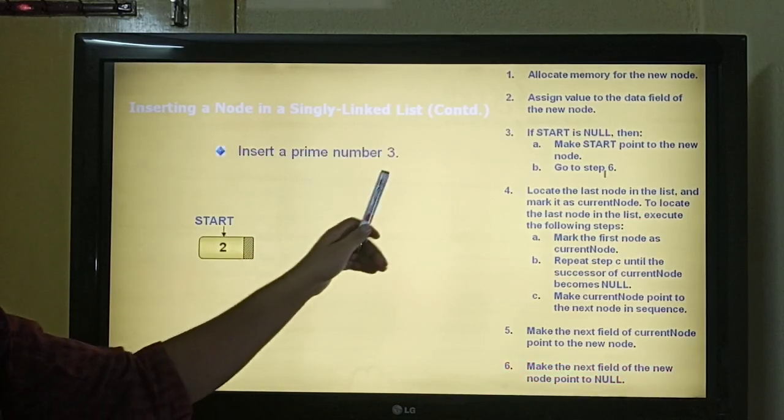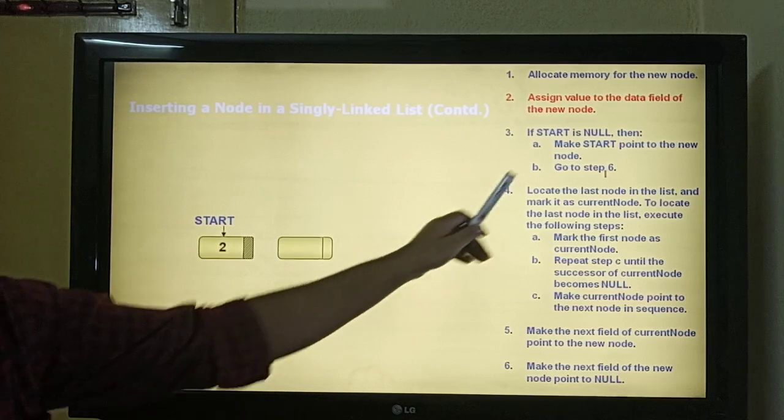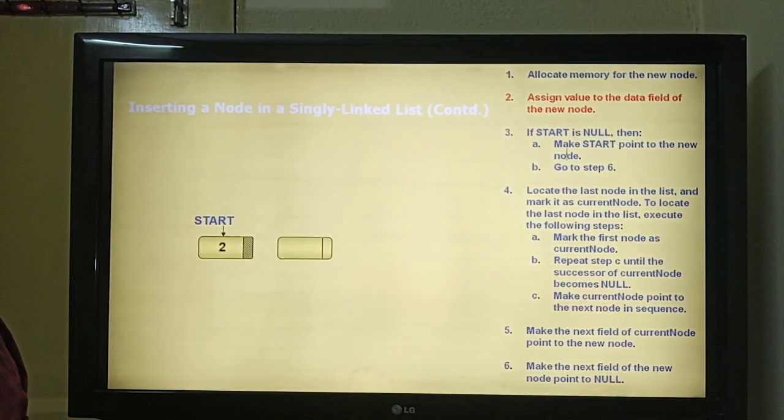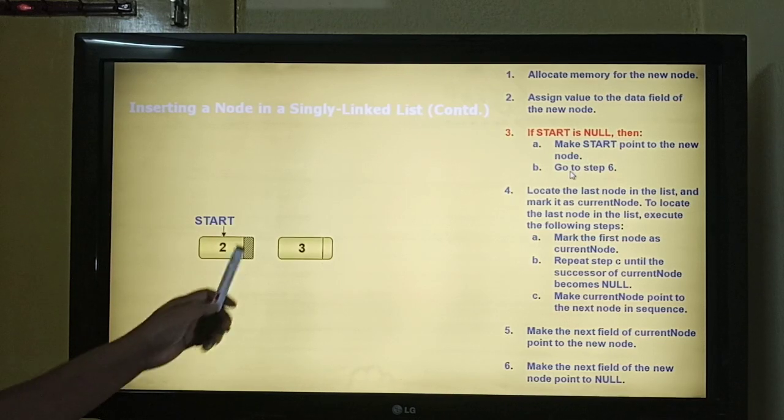Similarly, when 3 arrives, we will store it. Now, checking the third step: if start is null, then make start point to the new node. Is start null?